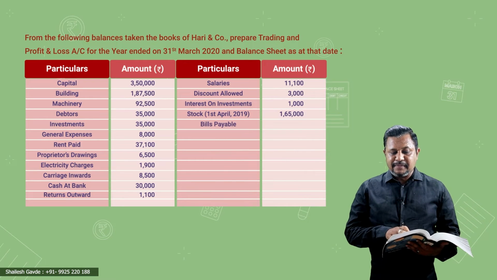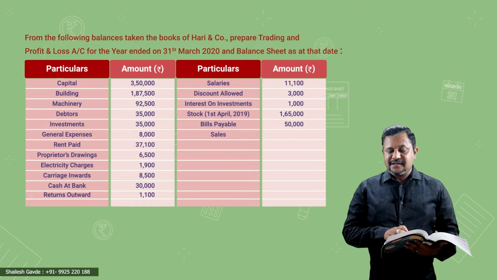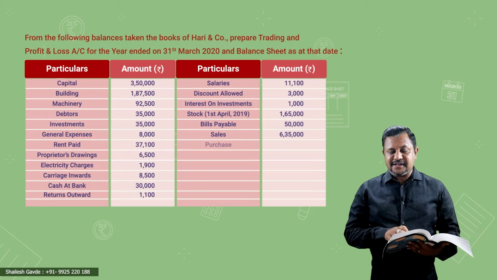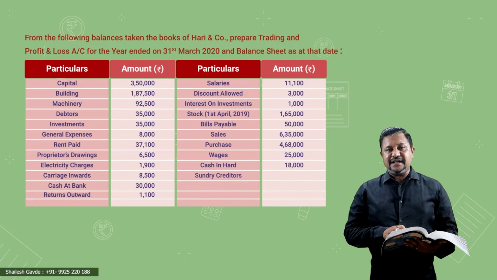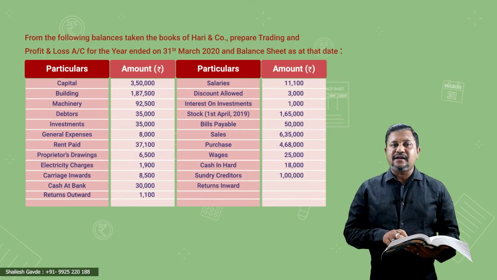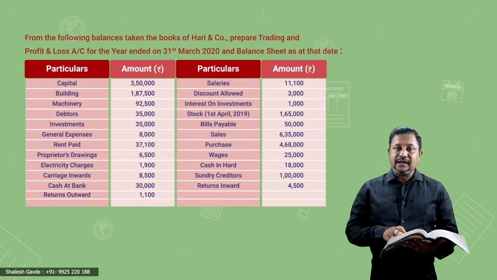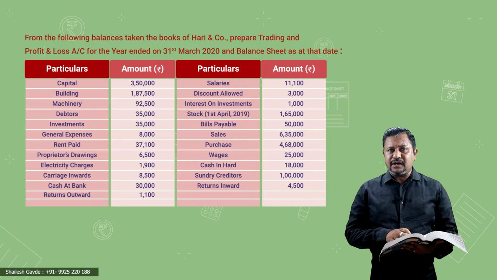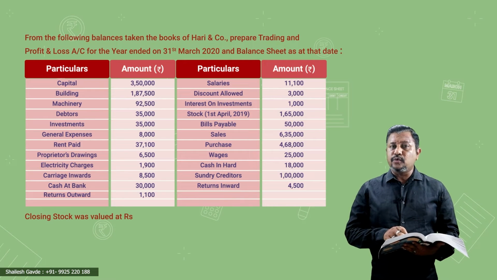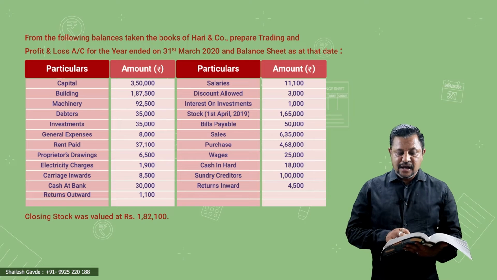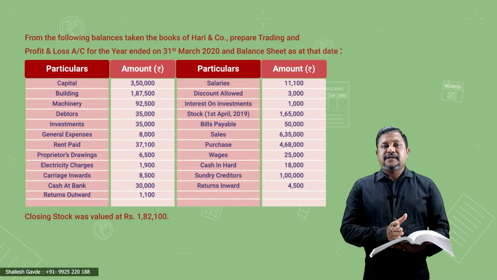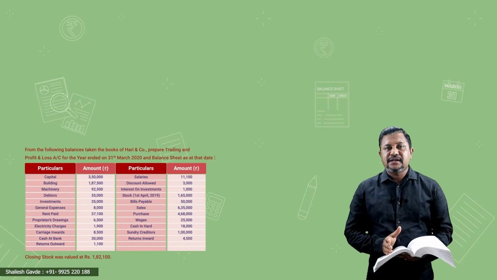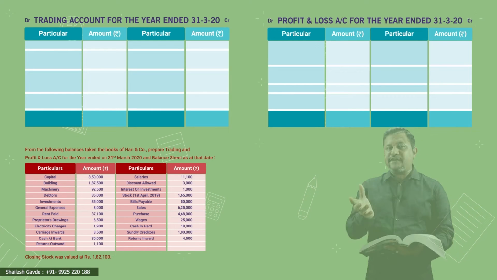1,65,000, bills payable 50,000, sales 6,35,000, purchases 4,68,500, wages 25,000, cash in hand 18,000, creditors 1 lakh and returns inward 4,500. Well, one adjustment they have given: closing stock was valued at rupees 1,82,100. Now students, the first thing we do is we take trading account, we take profit and loss account and